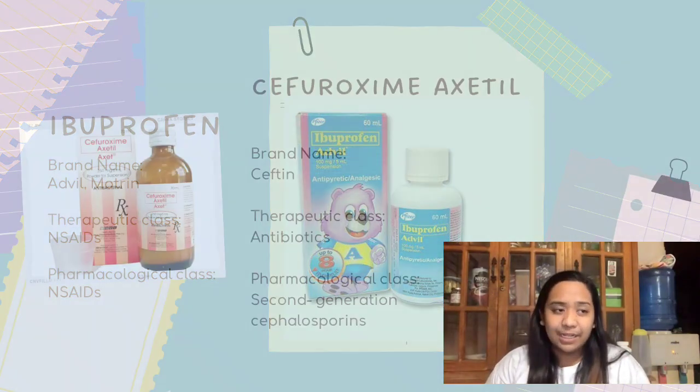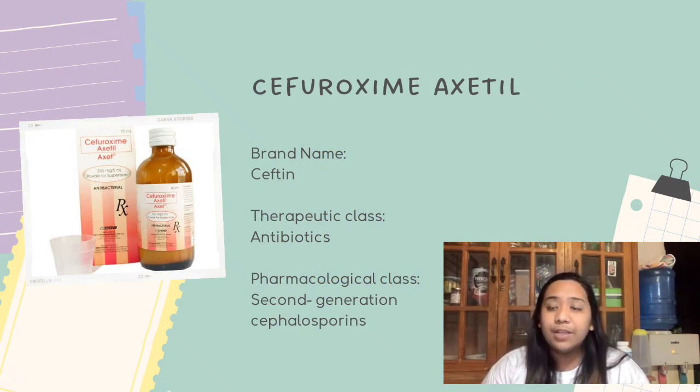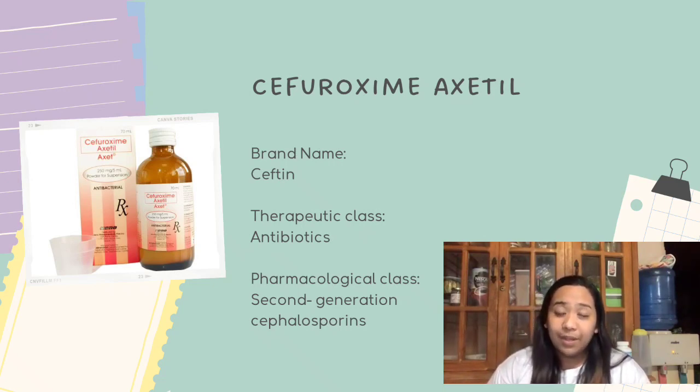And then, ang next drug naman natin is cefuroxime axetil, and ang brand name naman is Ceftin. And then, therapeutic class is antibiotics also. And then, pharmacological class naman ay second generation